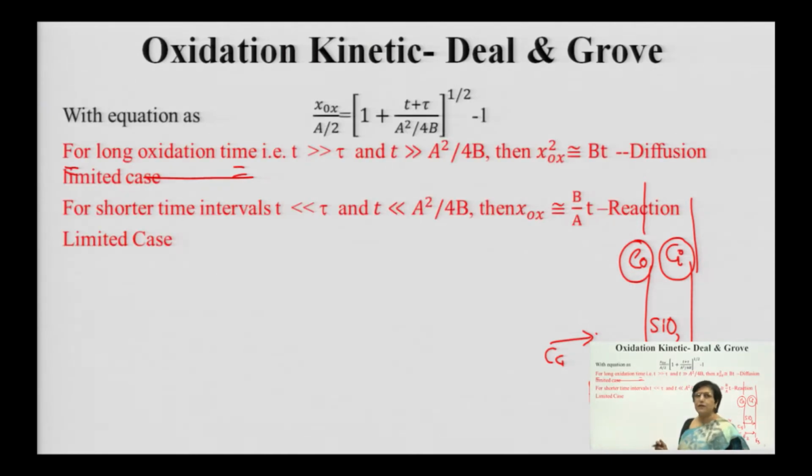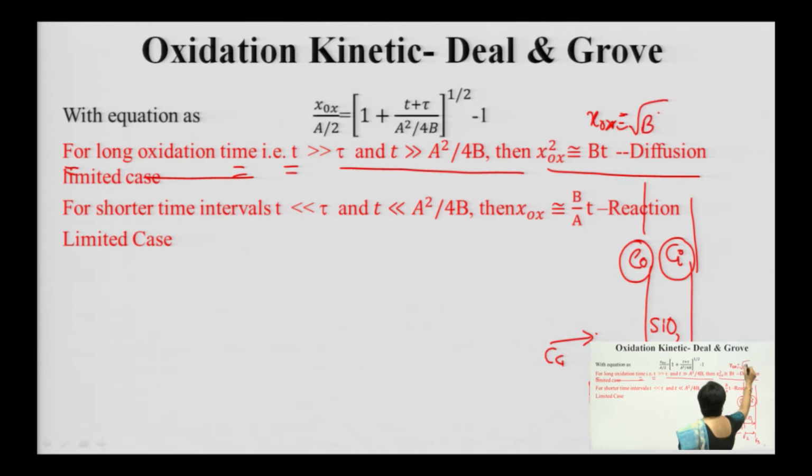And then subsequently I reached the terminologies of two different rate constants. One I call the parabolic rate constant, which is given by this particular equation. Where the time of exposure, the time duration for which I am carrying out the oxidation process, is much longer, I found that the oxidation is parabolic and dependent on the square root of Bt, that is, x_ox is equal to under root Bt at that particular time.